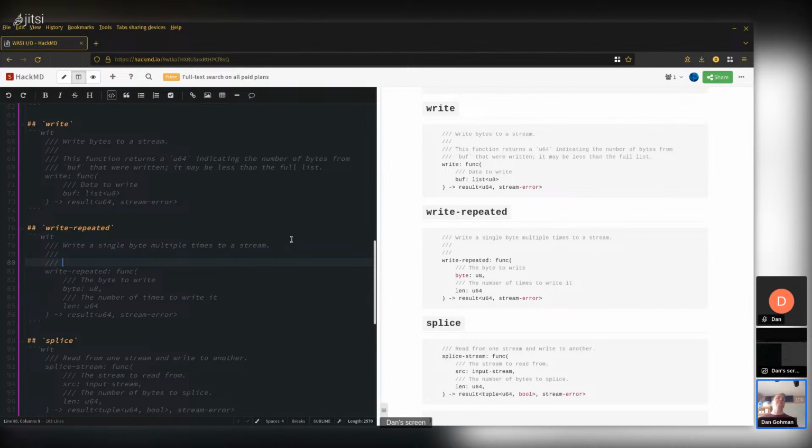So what we can say here is that the abstraction is just, what you really want to do is tell the system, I want you to write zeros. And then the implementation, if it knows it's talking to a file, could create a hole for you because it knows you said, I want to write zeros. The implementation could just seek ahead and create zeros using write repeated.